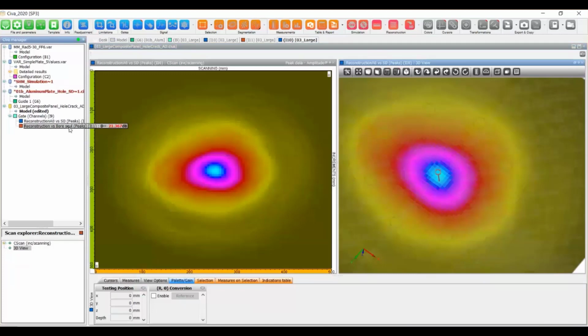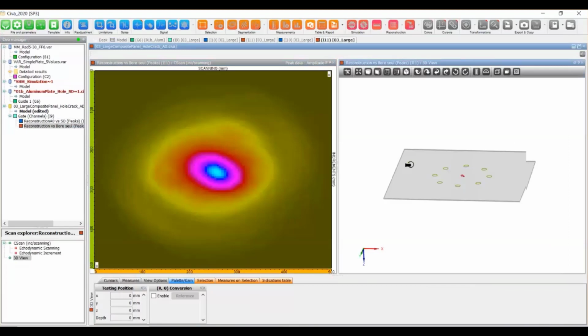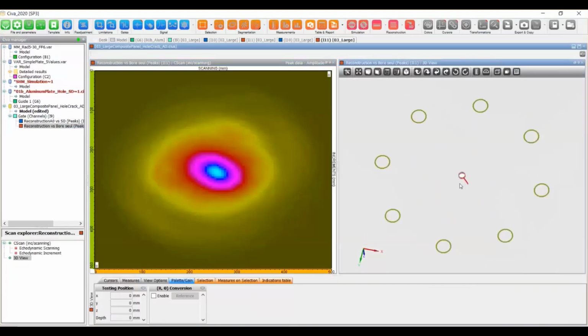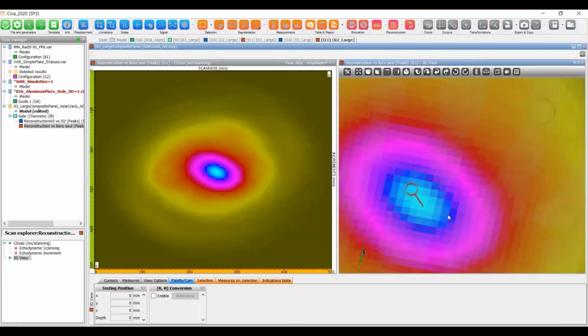But you can also consider that your reference situation is the situation with the hole alone, and that the real defect is a crack. So you can also build a reconstruction by comparing the simulation with a crack and a hole, and the situation with a hole only. And in this case, the delay and sum reconstruction algorithms, of course, give a spot that allows to more identify the crack only.